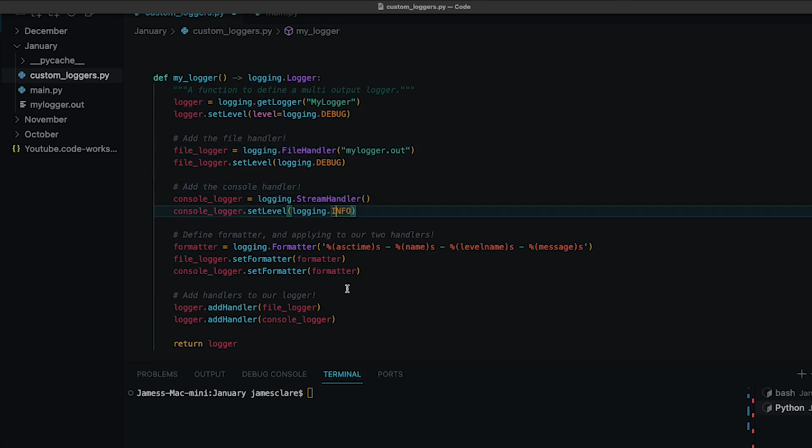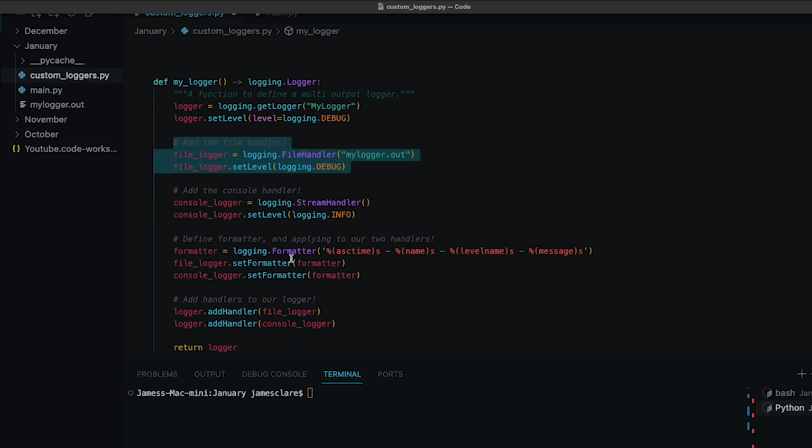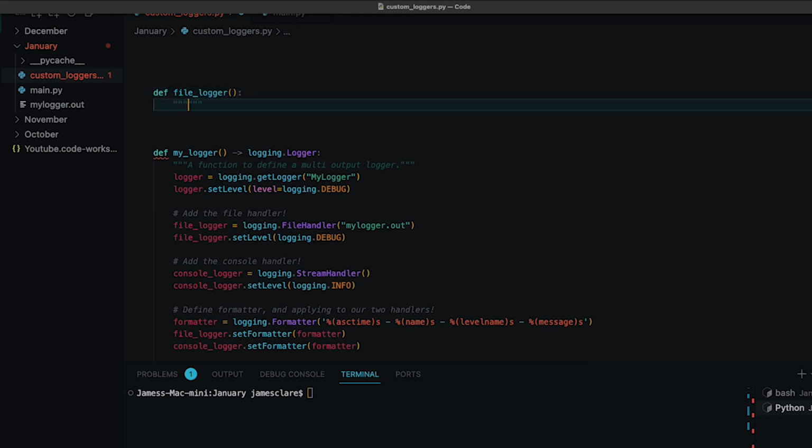So we want to do our best to keep this function as simple as possible. What I might try and do is take these file handlers out into separate functions, with the formatting as well, and then apply them at the end. So if we do def, let's keep it snake case, consistent like this here. We'll worry about the type hints in just a second. So we'll do define and return a